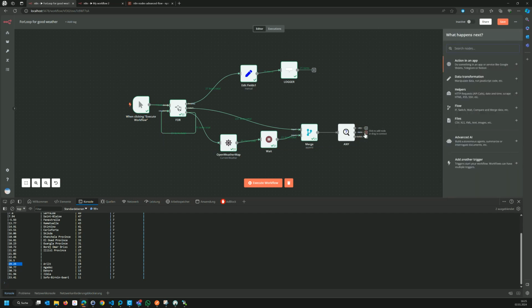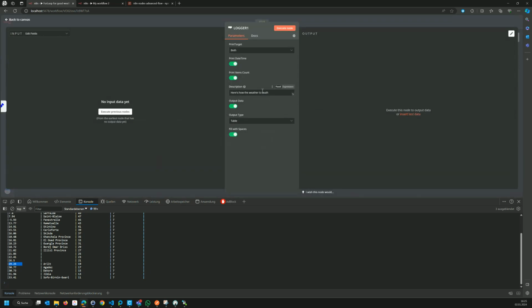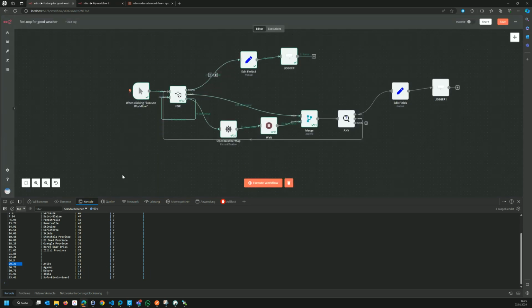Whoops, not from here, sorry. In case we don't have any matches, we go like that. And in case we have any matches, we can just copy this, move it over here, say any, and output place found. So if we run that one,